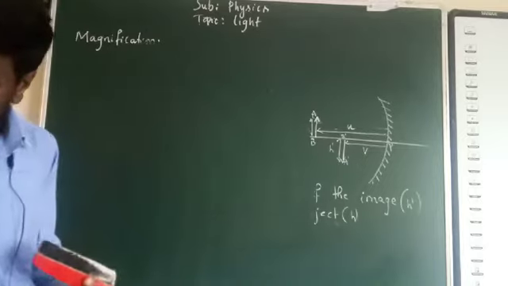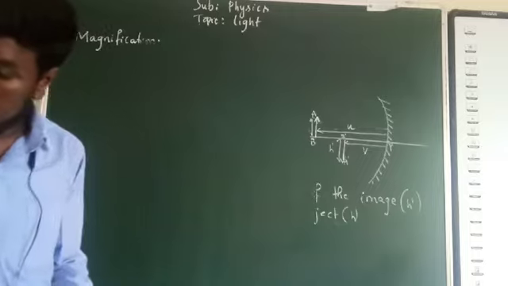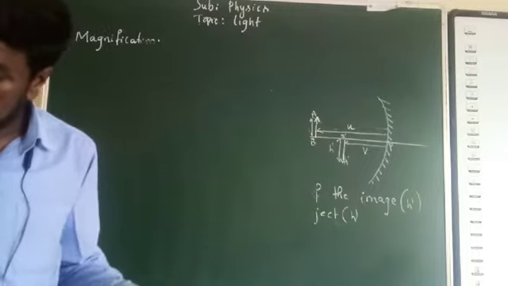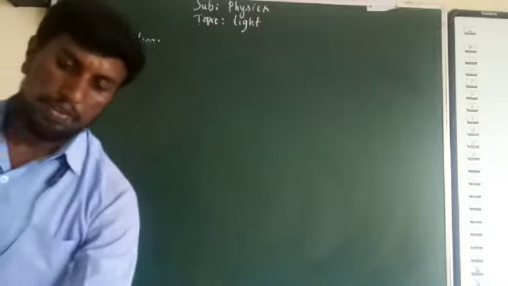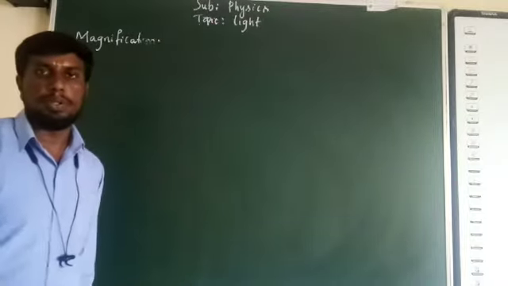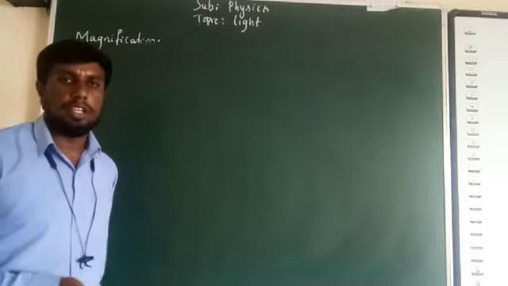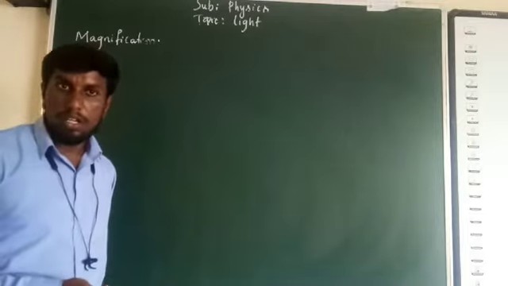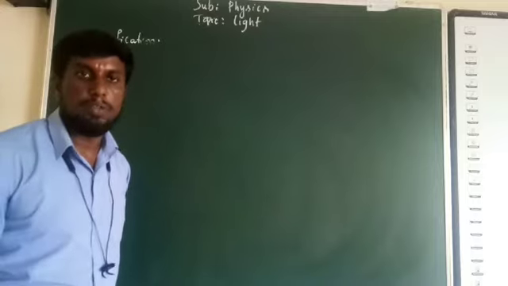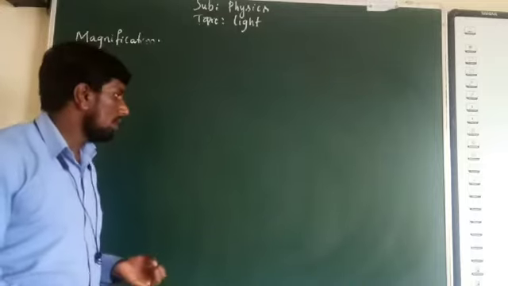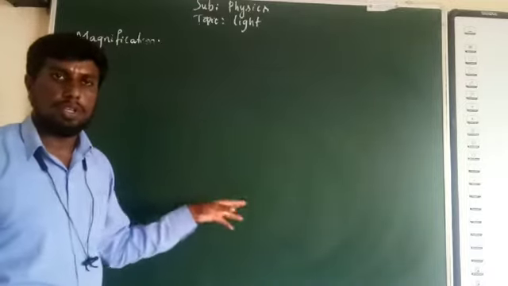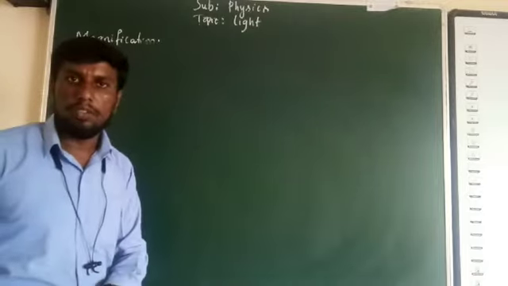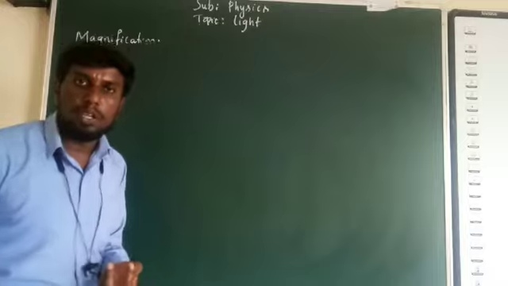The second question will be: the radius of curvature of a spherical mirror is 20 centimeter. What is its focal length? First question you can write from the classwork itself. I have given it already in the notes. In the third video I had given the notes for the pole, principal axis, principal focus, center of curvature, radius of curvature, linear aperture, all the definitions. In that, go through the principal focus definition and write that.